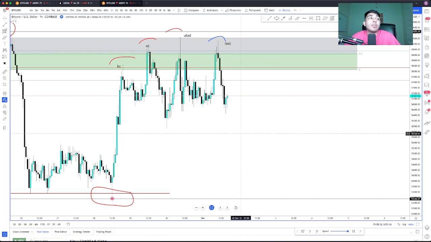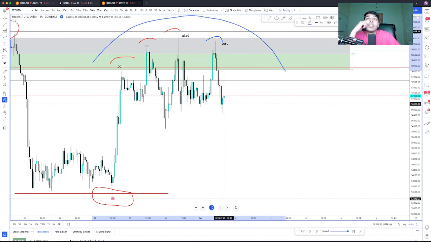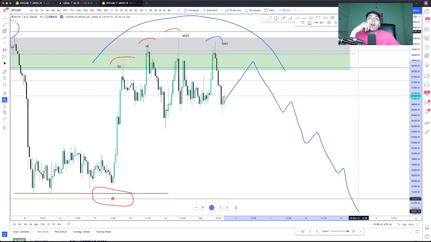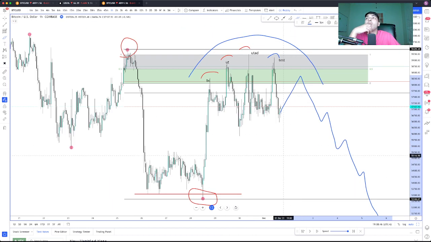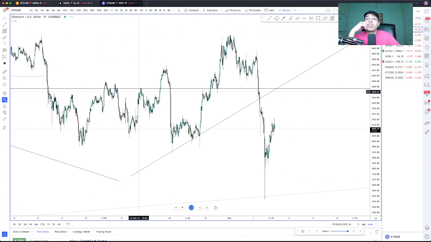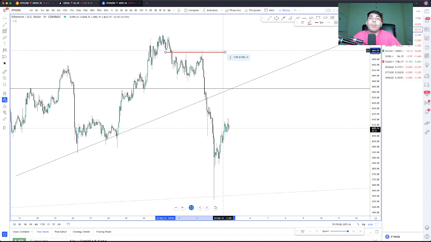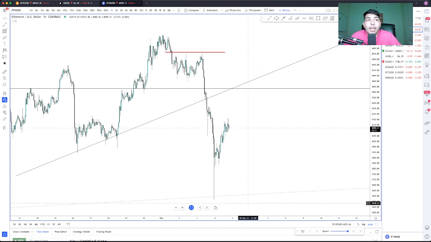Now, family, what I want y'all to take away from this is that with this price model, price is really distributing orders and getting ready to start making its move down, right? So when I saw this on Bitcoin, obviously, if Bitcoin is bleeding, all the other cryptocurrencies follow it. This was where we got the bias for another trade we took on Ethereum as well. I don't know if you guys are going to be able to see it. I took a trade up here. This is a different TradingView, but we took a trade on Ethereum to the downside as well. I might break that down in a different video, but here's the entry, and man, that thing melted from 46.50 to